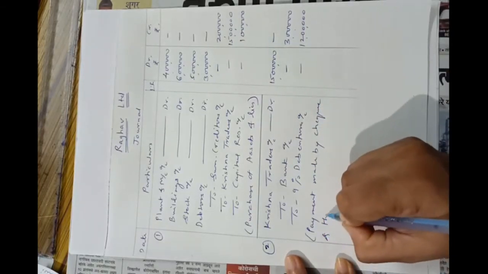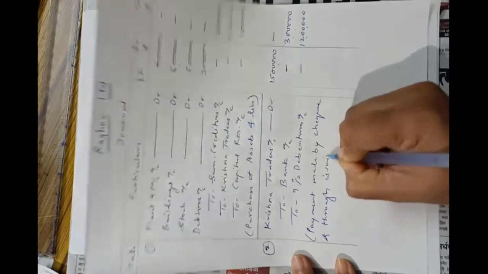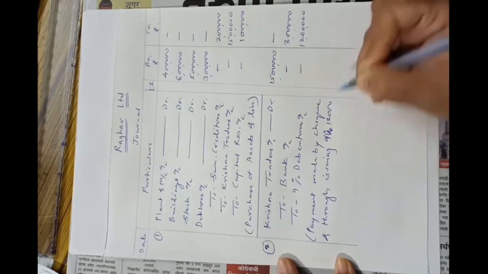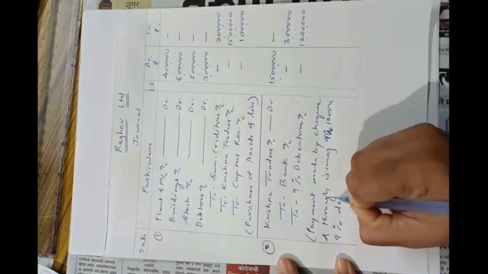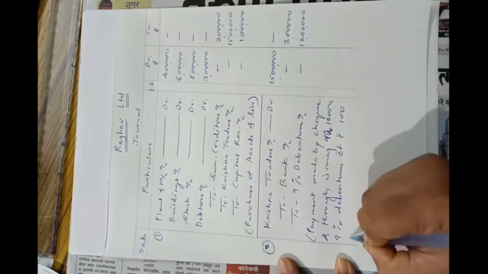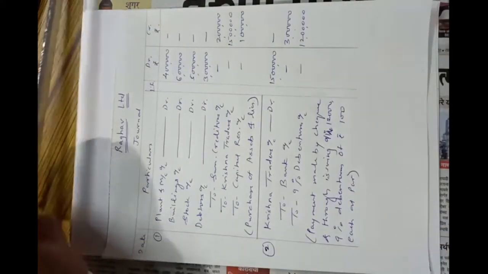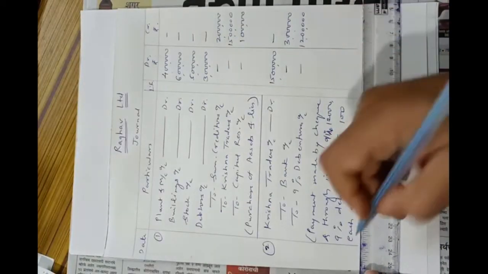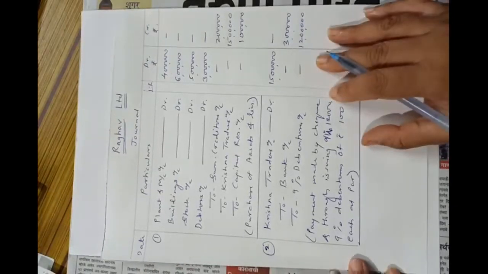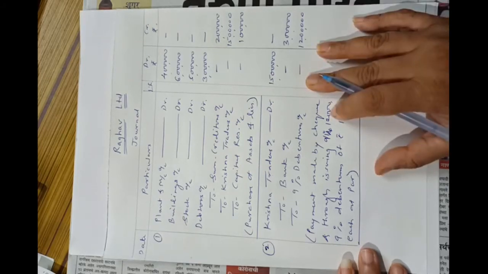and through issuing 12,000, we will write 12,000, 9% debentures of rupees 100 each at par. So this will be the narration of this entry about payment made to Krishna Traders. So we have to pass these two entries in this problem, and this problem will be definitely for 3 marks.